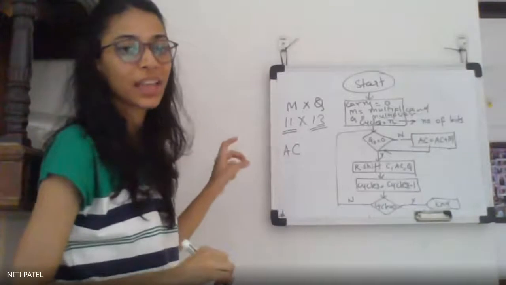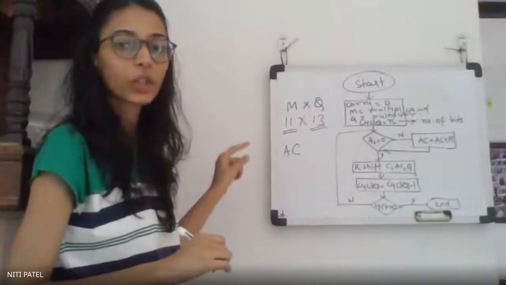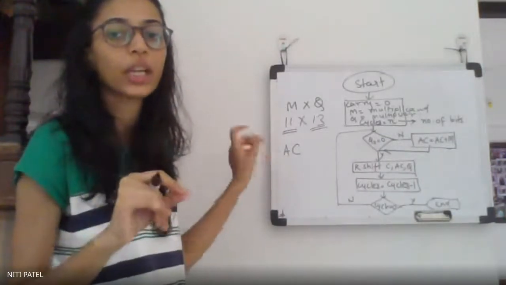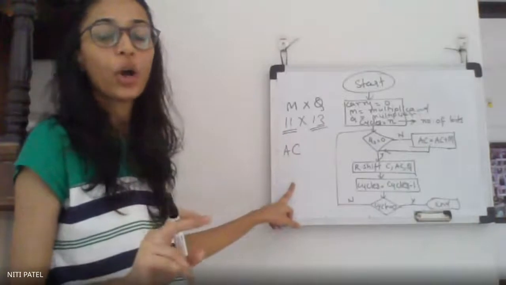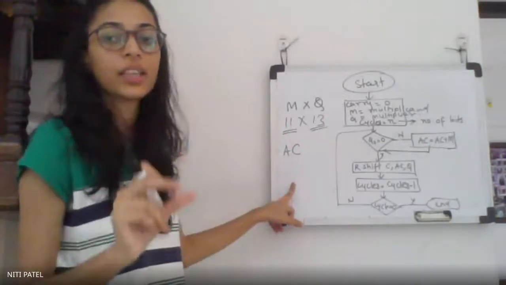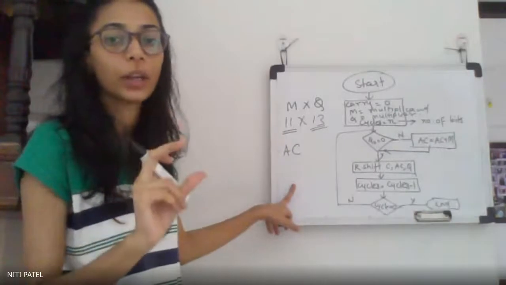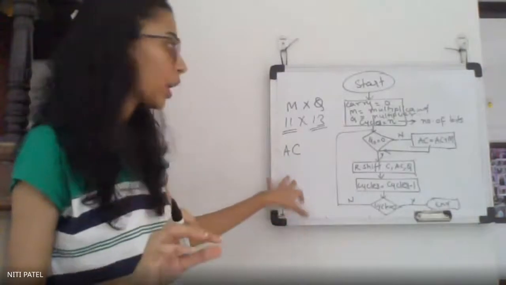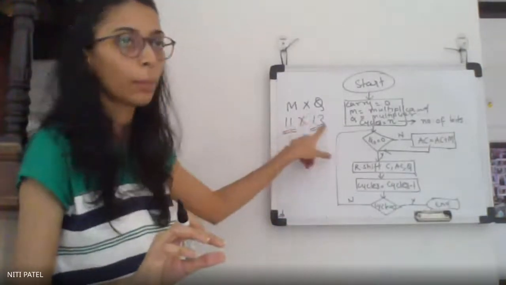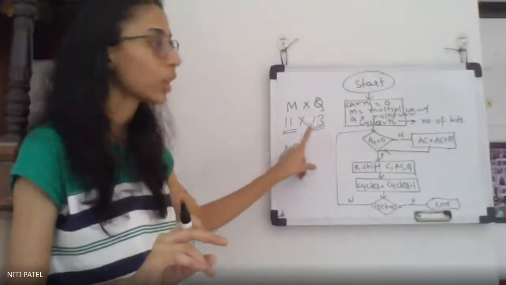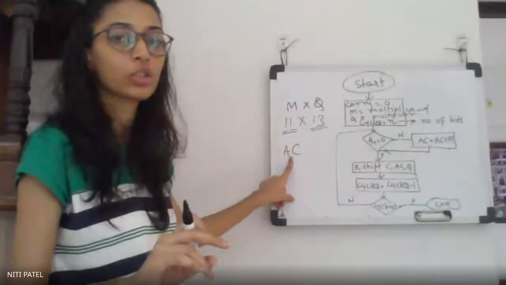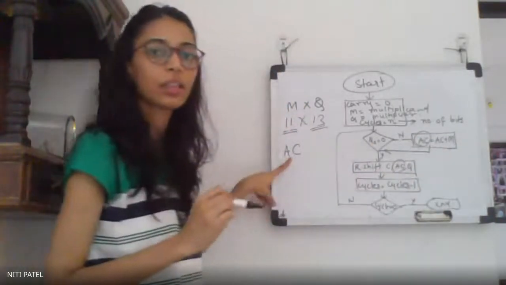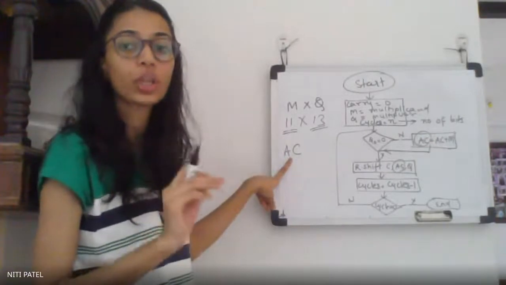Now in this algorithm, you will find the word AC. What is this AC? It stands for accumulator. Whenever we perform any operation, the result of that operation is stored in an accumulator. If you see the diagram of the CPU in the first lesson, inside a CPU you have a component called accumulator, which is a place where you store the result. When we multiply these two numbers, the result will be stored in the accumulator. So the AC you find over here and over here is the accumulator, which is used for storing the result.